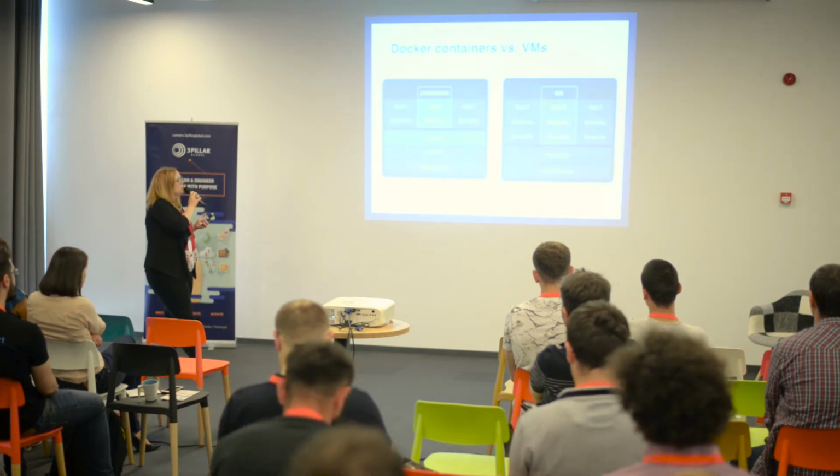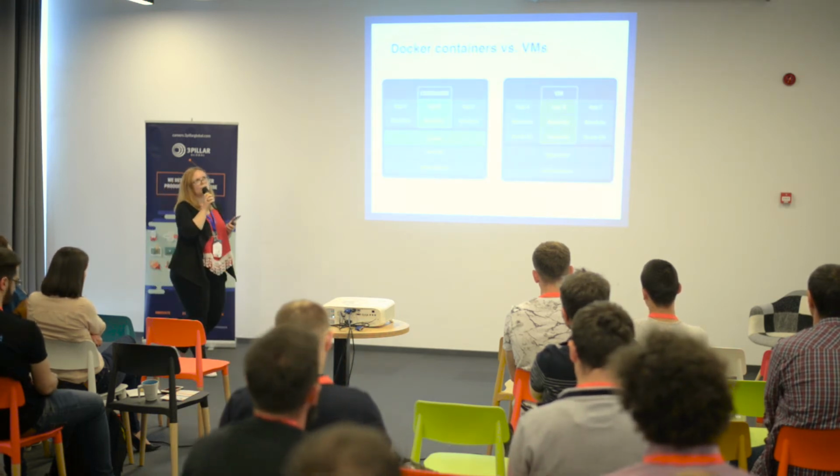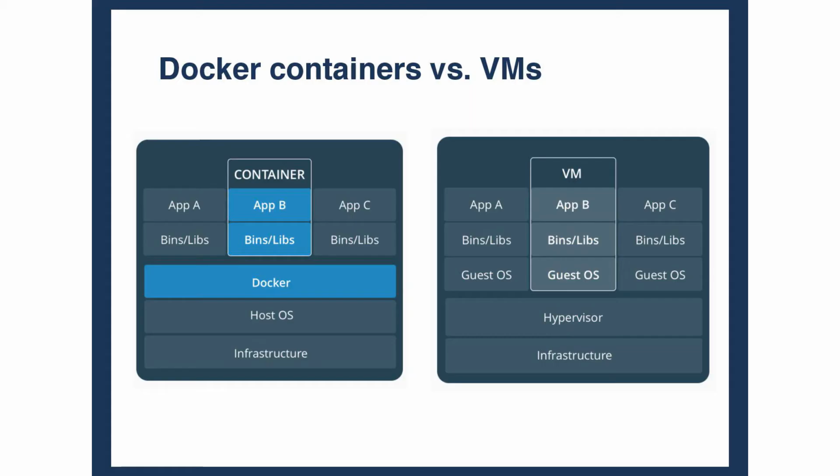If you're wondering why we chose Docker and not VMs, well, Docker containers are an abstraction of the application layer, while virtual machines are an abstraction of the physical layer. Docker containers start instantly, and they use less space. We also have three main characteristics for Docker containers which make them more appropriate for this use case. They are lightweight, secure, and standard.